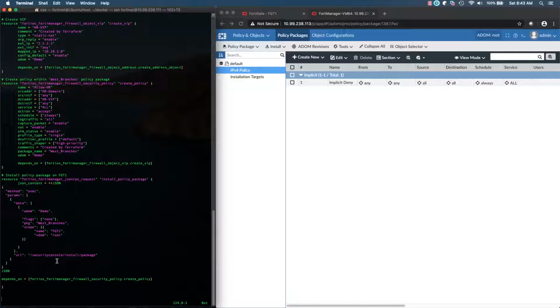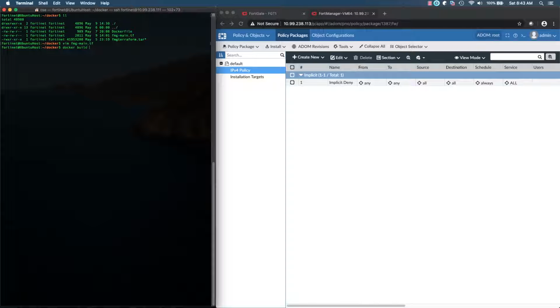So I really just wanted to add this last resource in to show you that you can use any generic API, and that was very helpful when you are setting up automation. The way you want to configure it, this really allows for a lot of functionality for the end user. So now that we've seen the Terraform file, we've seen the flow of execution, and we know what's going to happen,